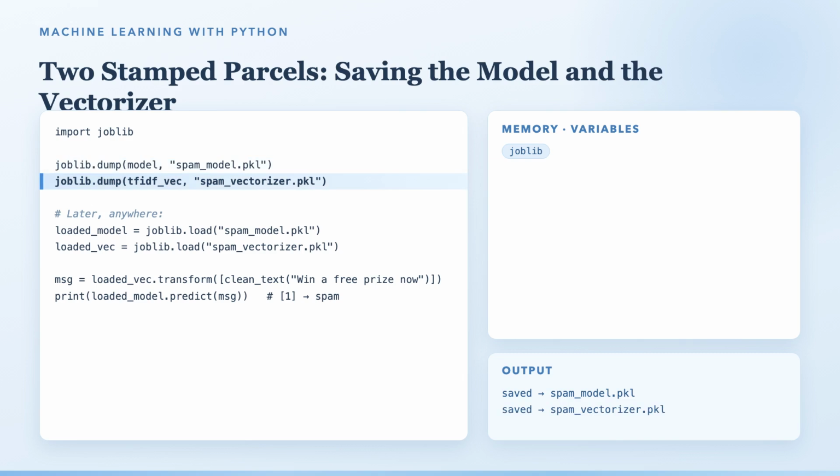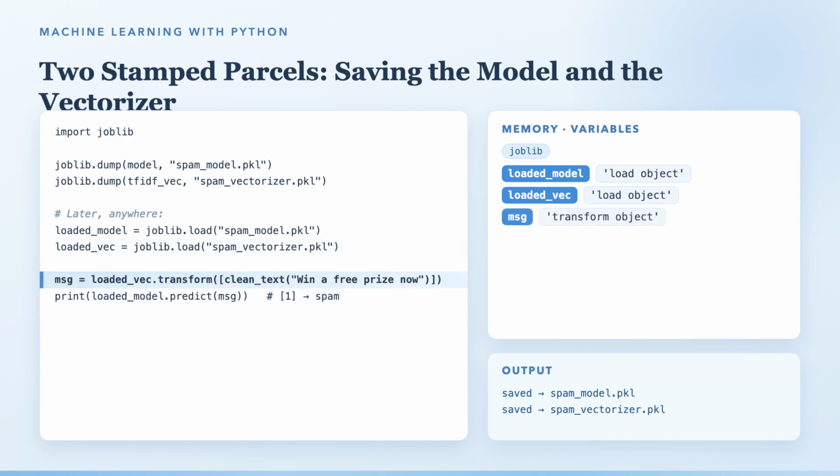Load them both. Clean a message. Transform, predict. The whole post office, reopened in 4 lines. Let's wrap the parcels together, line by line. First, import joblib, our careful packer. Then joblib.dump saves the model into spam model.pkl, and a second joblib.dump saves the vectorizer into spam vectorizer.pkl. 2 parcels, always 2. Later, anywhere, loaded model equals joblib.load of spam model.pkl, and loaded vec equals joblib.load of spam